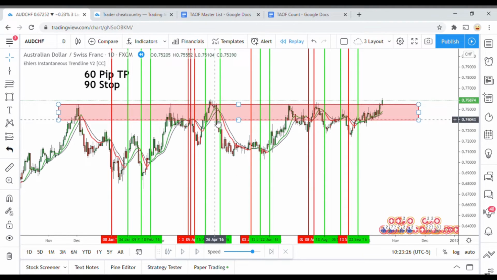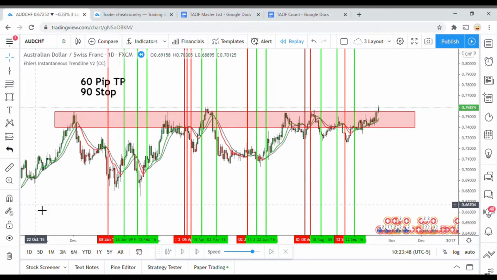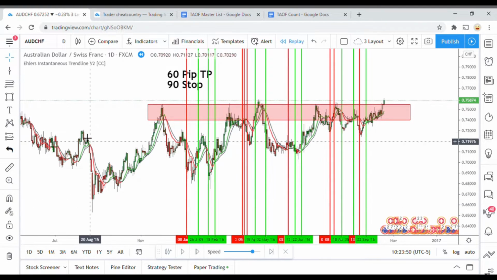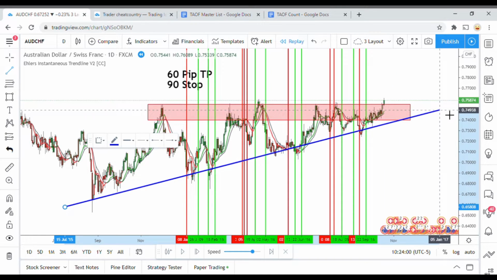And then it immediately smashes back down, comes up, touches it again, rejects, comes back into this area, rejects, comes up, and is now starting to have a breakout on this side. Now, whether or not this breakout is actually going to break out and go is anybody's guess. But you can see that as we have this area of overhead resistance on the bottom side here,